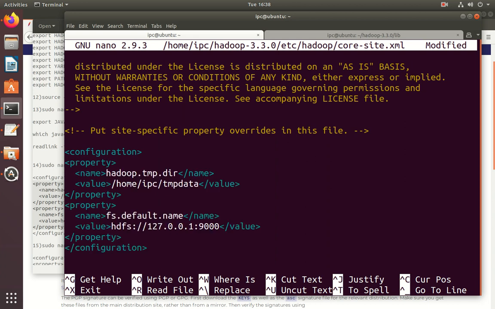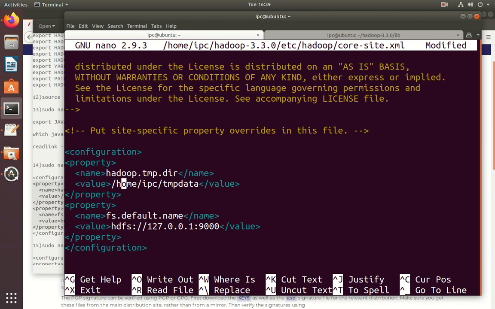Here the temporary directory is located in home IPC tmp data. It is not there. We have to create this tmp data. Don't forget to create this one.